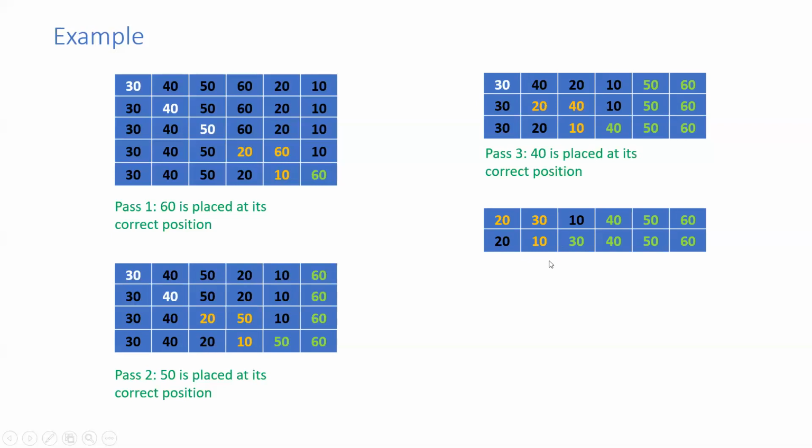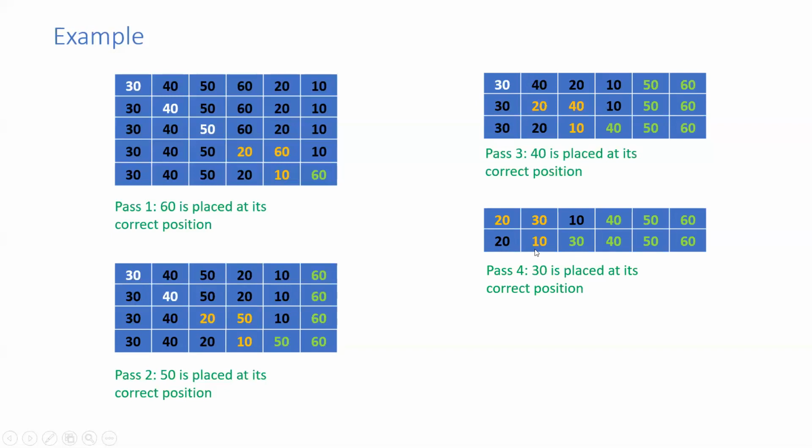And if you observe, by this time the next highest element in the array is also placed at its correct position. Now we are left with only these two elements, and even for these we will not pick up the second element, as even though you pick up the second element, you need to compare that with the third element, but the third element is already placed at its correct position. So we only need one comparison, that is the first element should be compared with the second element. So we'll do that now.